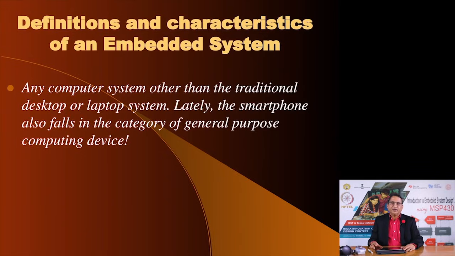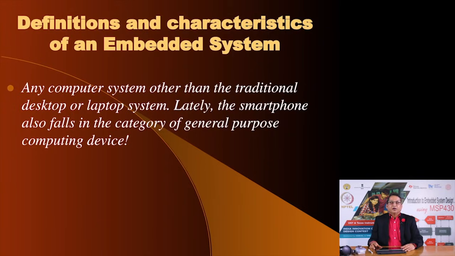and today in that list I would also add a smartphone, because today people are using smartphones for many diverse applications, and they can also add to the applications. Therefore, a smartphone is an example of a general purpose computing system. So, anything other than a laptop, a desktop or a smartphone would qualify as an embedded system. Any system which uses a computer, but which is not any of these three, is an example of an embedded